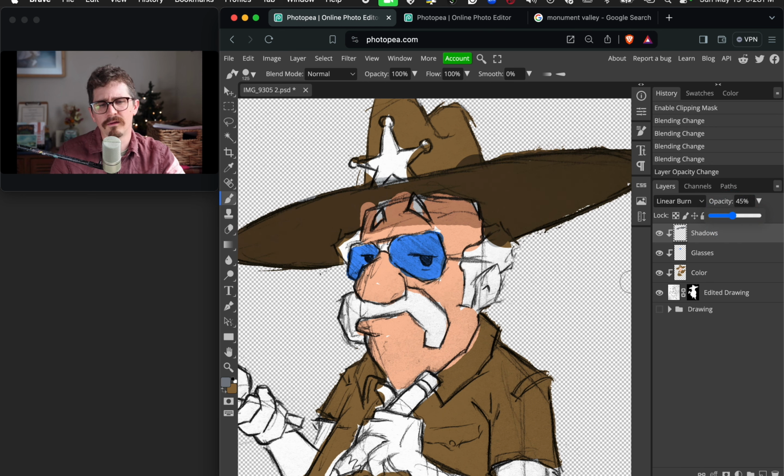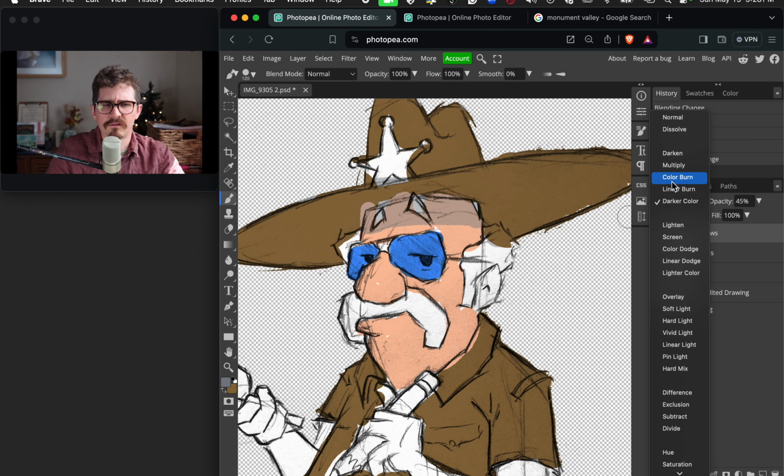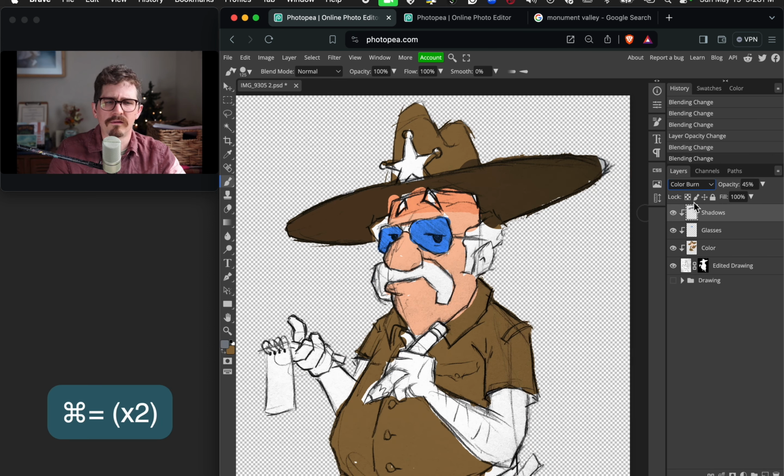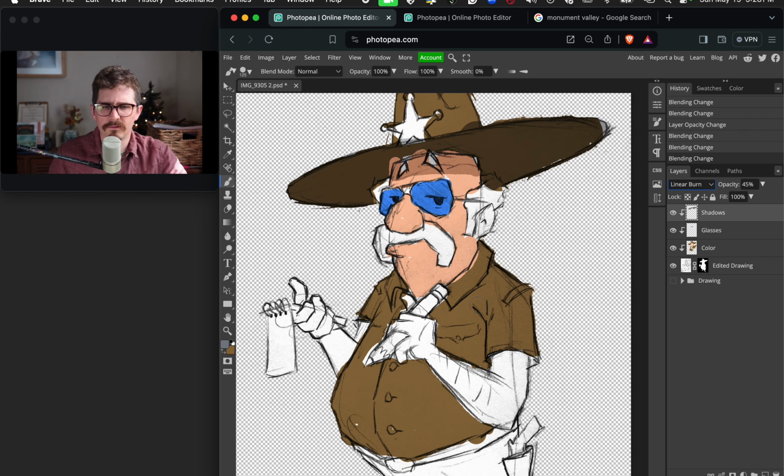Let's see. That's not bad. Let's see what darker color does. Let's see what color burn does. Yeah, I think I'm going to go with linear burn. And so what we could do is we can come through here and now start painting in some